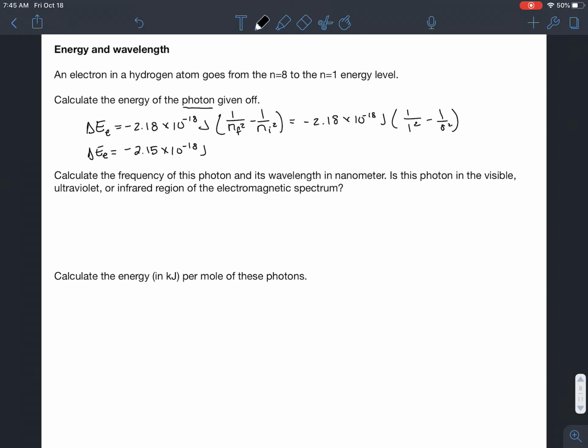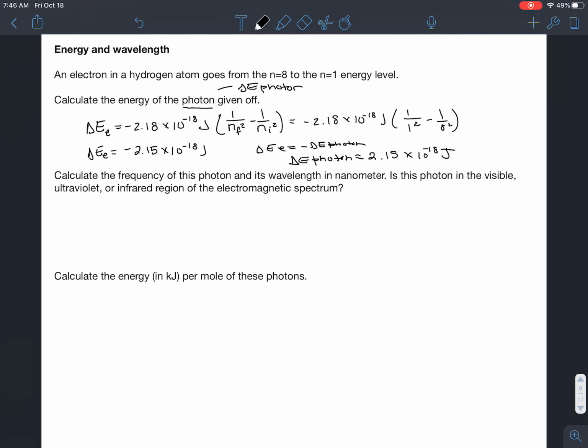10 to the negative 18 joules. However, you want the energy of the photon. So, remember that in the law of conservation of energy, the energy is only transferred, so the energy of the electron must equal the inverse of the energy of the photon. So since one is negative, the energy of your photon is therefore equal to 2.15 times 10 to the power